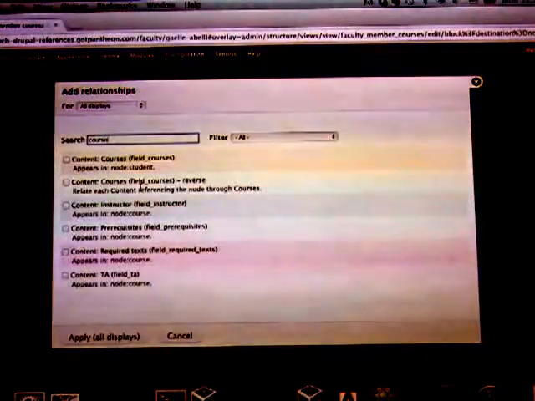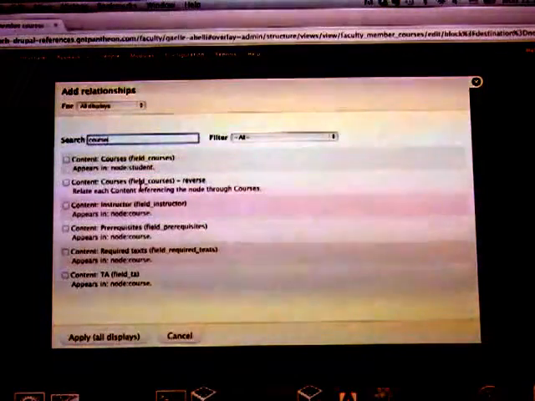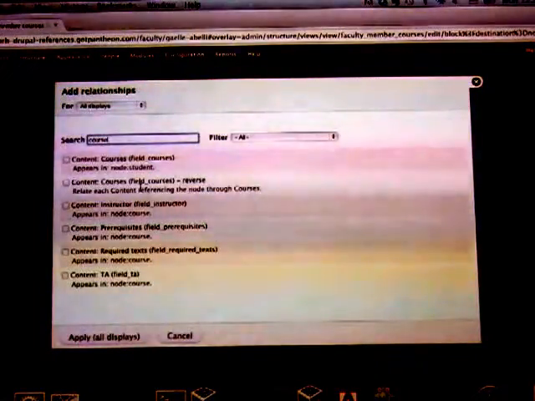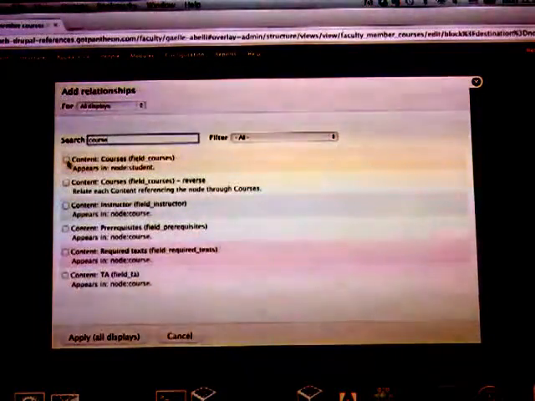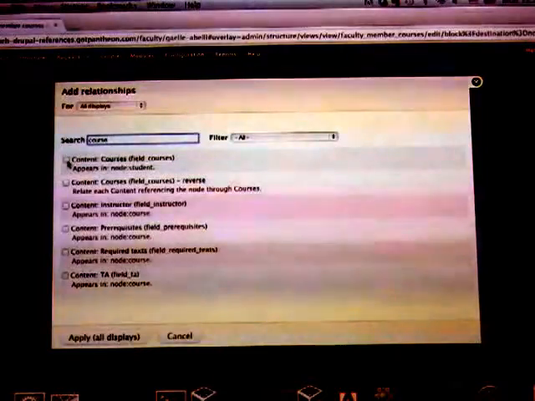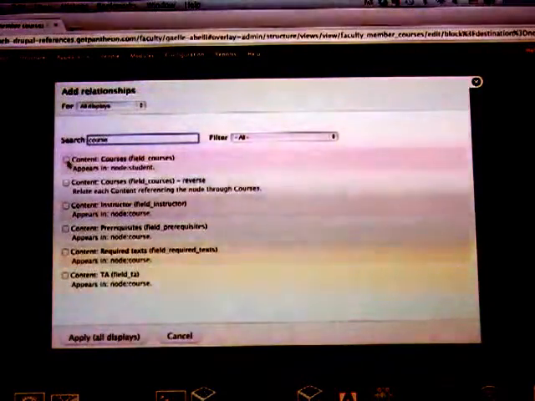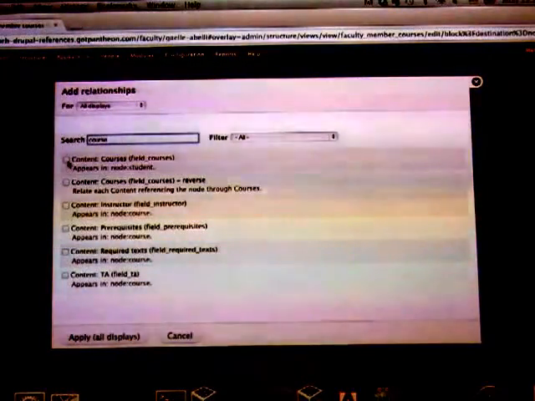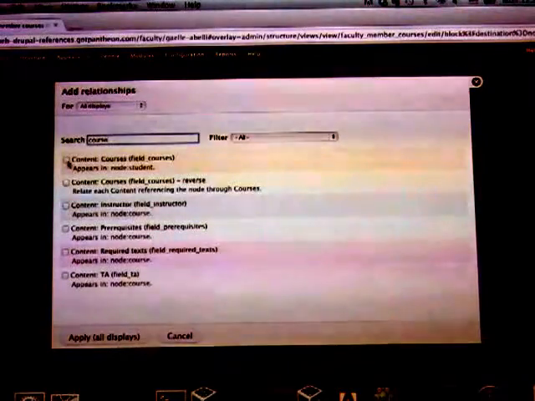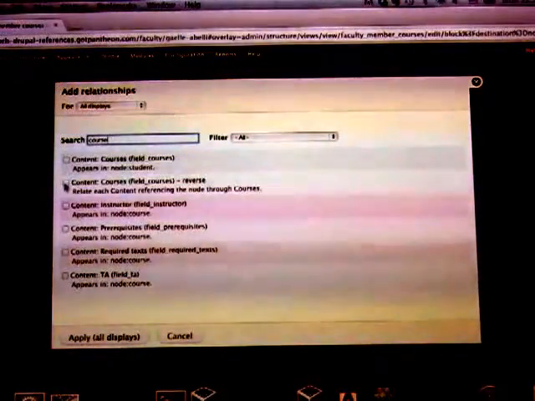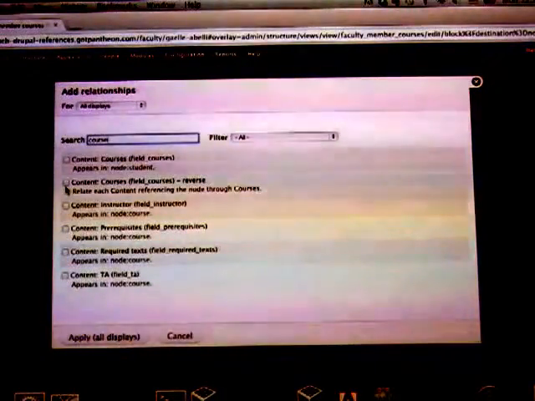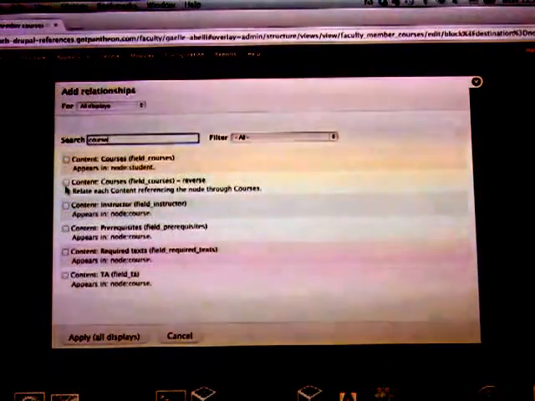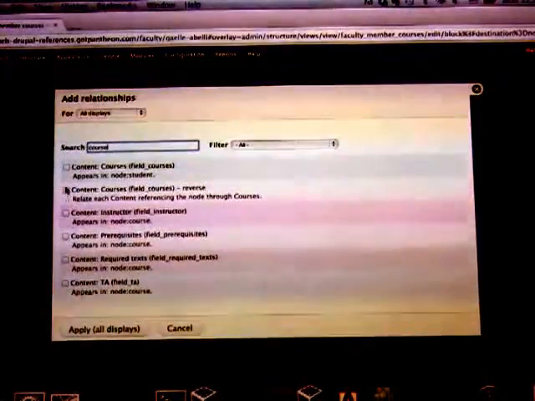When you're editing a student content type, you actually put in what the courses are. And in those cases, you use a relationship. If the data actually exists in the content type that you're focused on, you use a relationship to be able to pull in data about the course into your view. The reverse relationship is if that data doesn't exist in the content type you're looking at. So in this case, if you just pull up a course